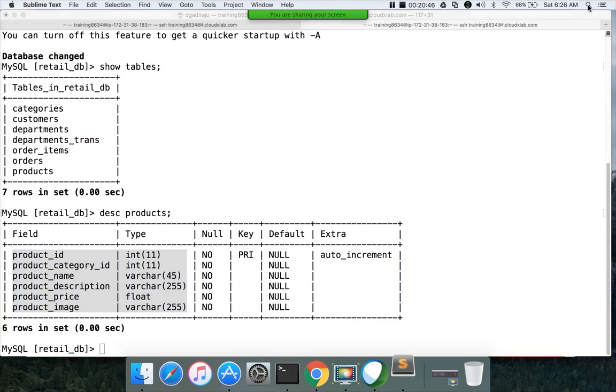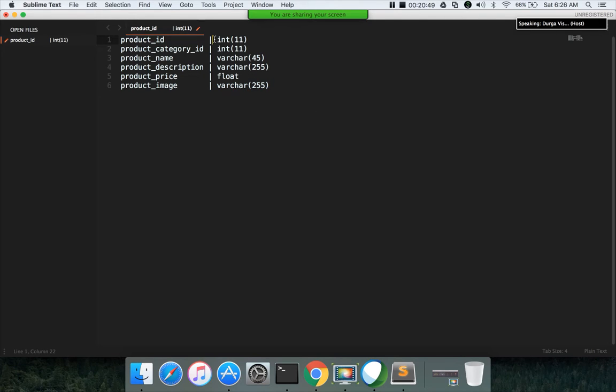I am using Sublime Text. Okay, now we have to just say, so there is space here.